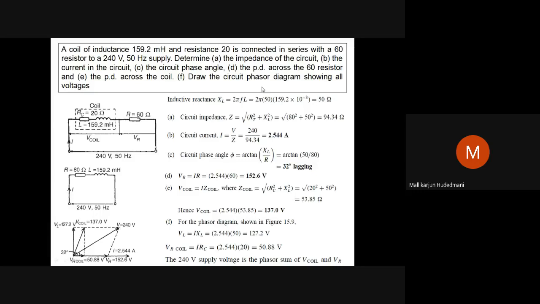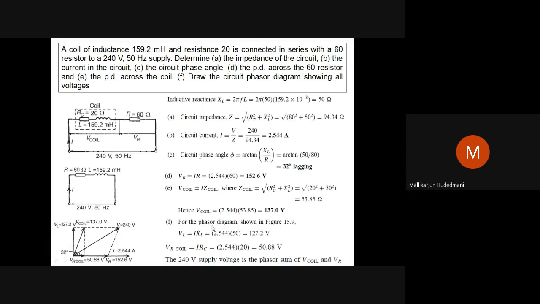Now, the last question asked is draw the phasor diagram. Nothing but you have to draw a representation of vector VC, vector VR, vector V and associated representation. To draw that, you require voltage across the inductor, voltage across the resistor part of the coil, I into RC, I into XL, I into capital R, whatever I have. All these sides are required. So we got VR. We should get V across 20 ohm, V across inductor.